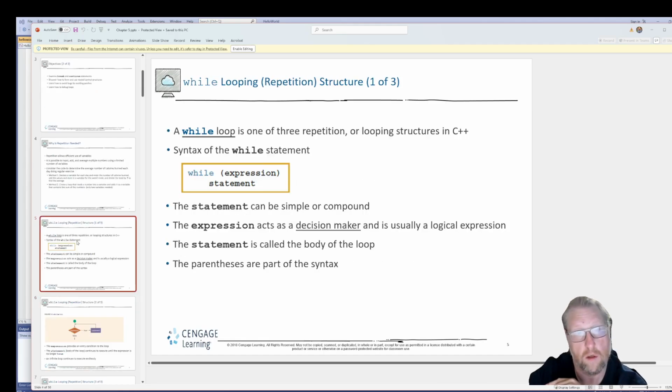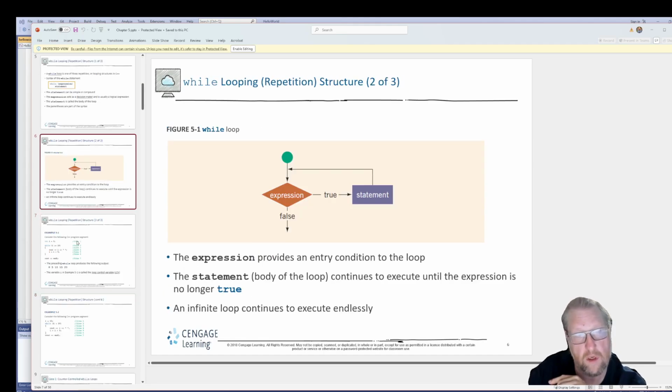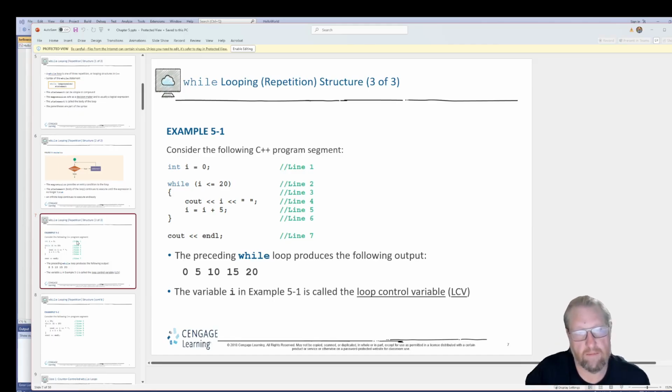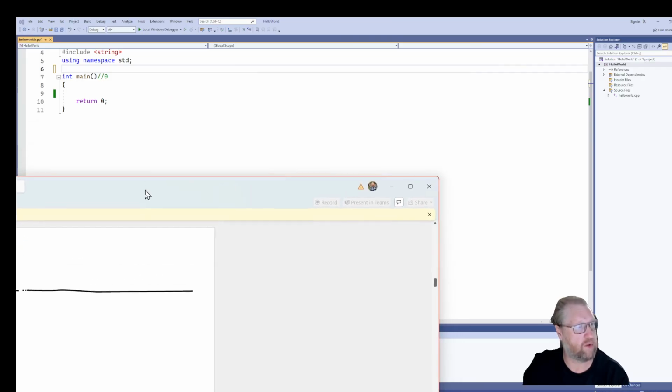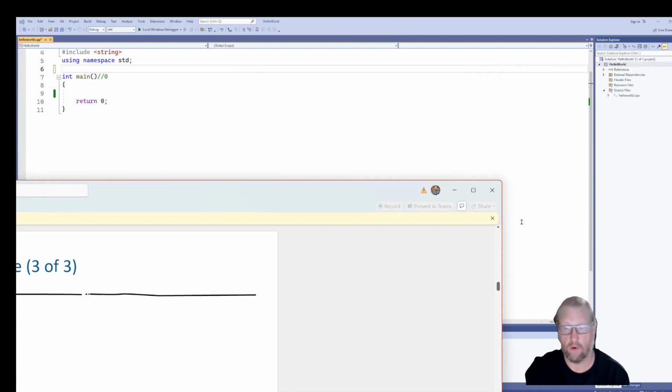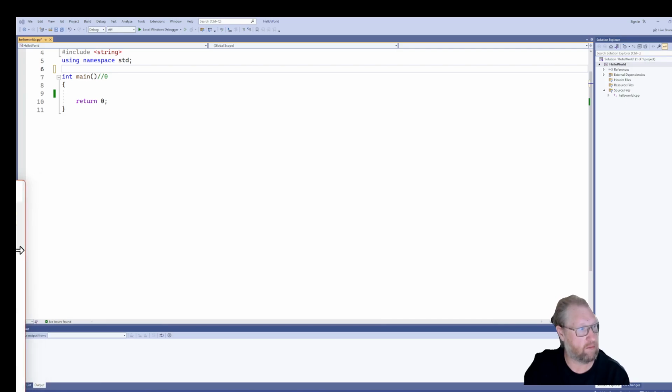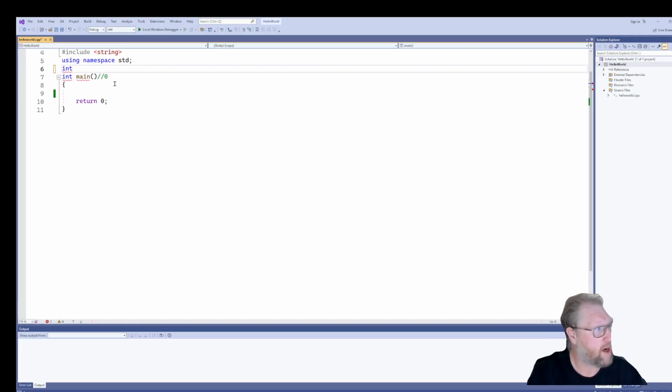We've got a lot of stuff in here, but seriously, walking through these PowerPoints does not give you any context. This is an example of a loop. In fact, let's put this in context. I'm going to pull this over here and we're going to write that code so that you can actually see it. I want you to see what it does. I don't want to just go through PowerPoints where you're not making any